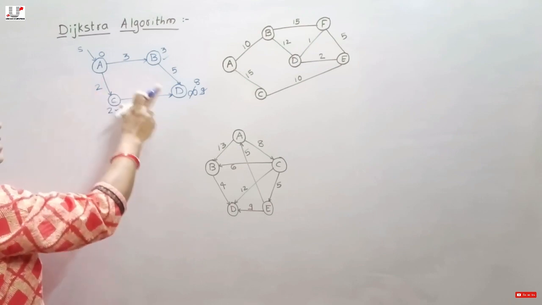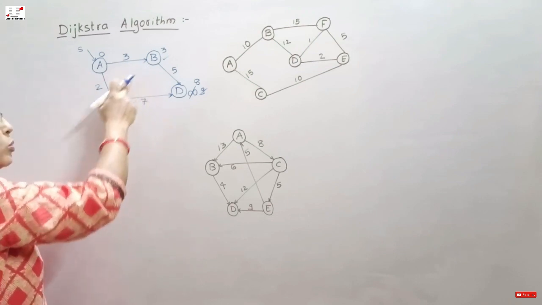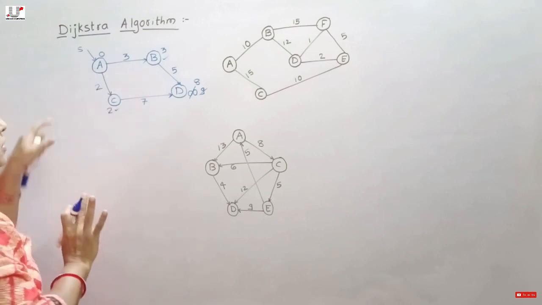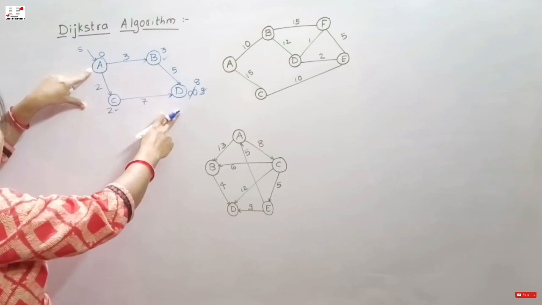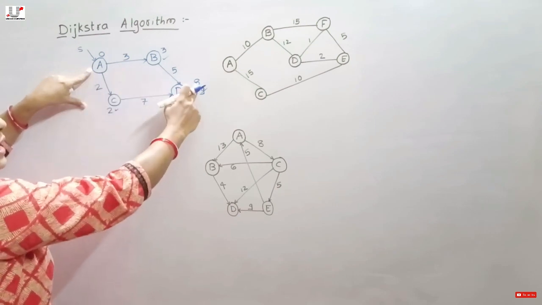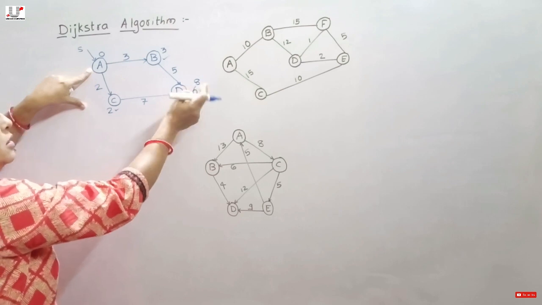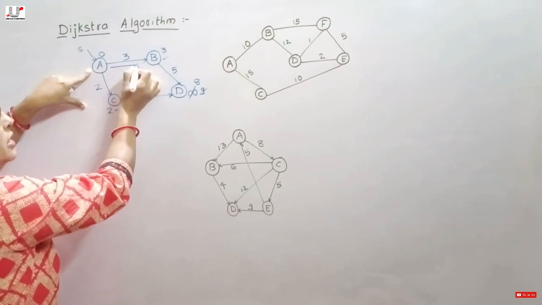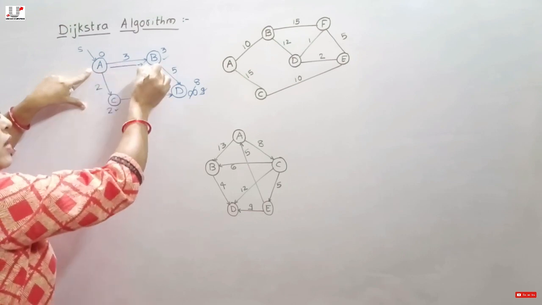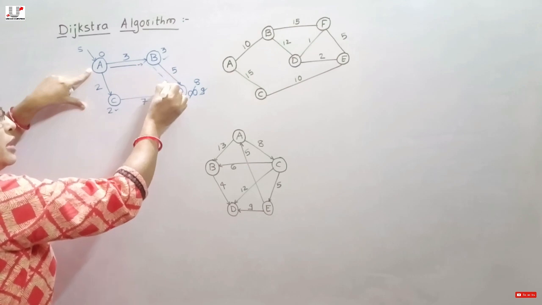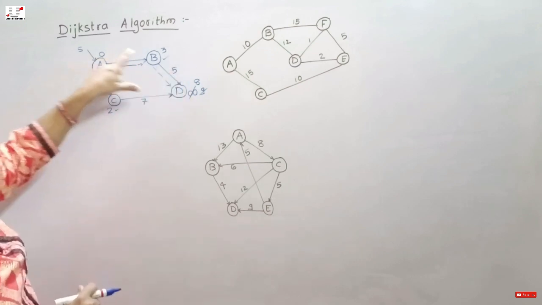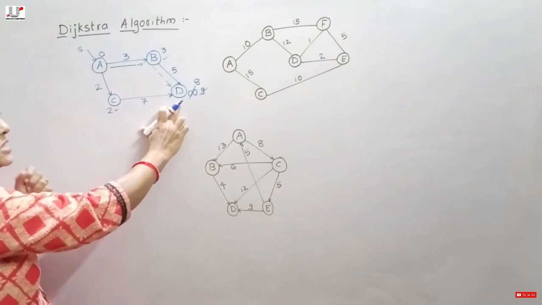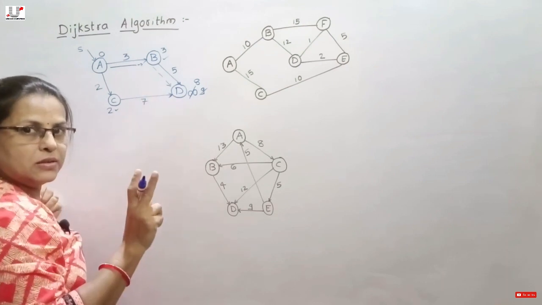So to reach D from A, two paths exist, as we already saw, but the shortest path from A to D is 8. What is the path to get this distance 8? We traverse first from A to B, which gives a distance of 3, and then via B to D it gives a distance of 5. So 3 plus 5 gives a distance of 8. Here we relax D twice.